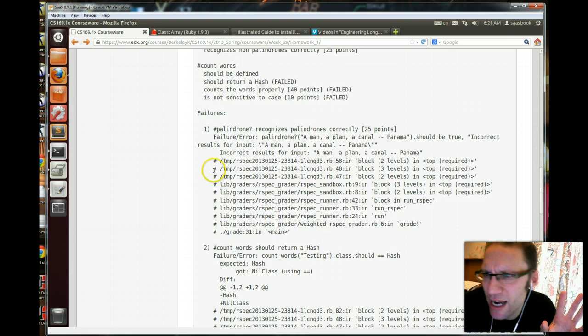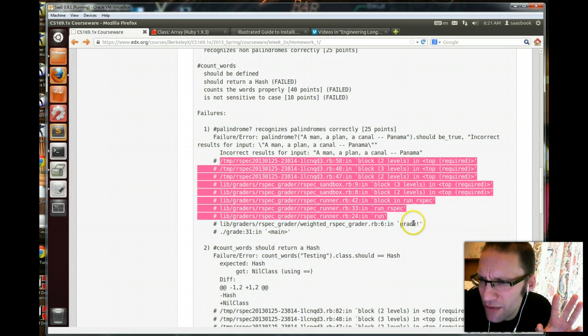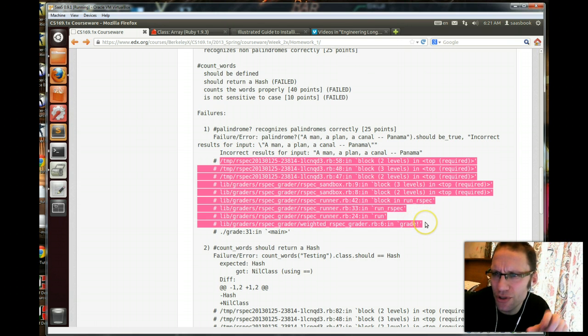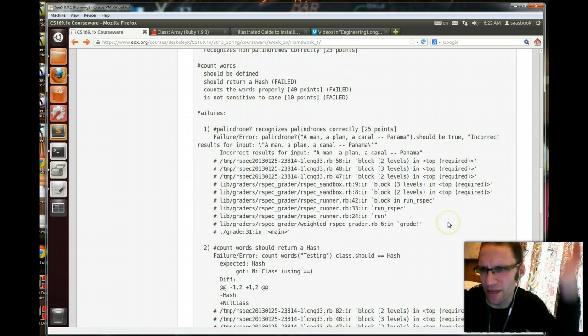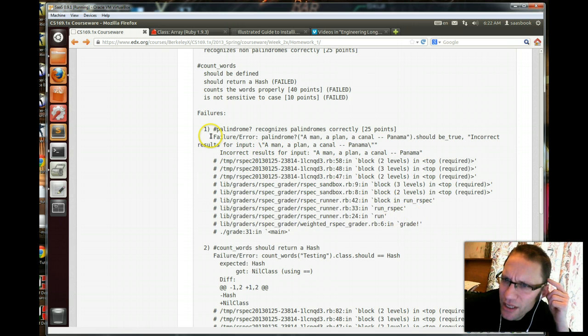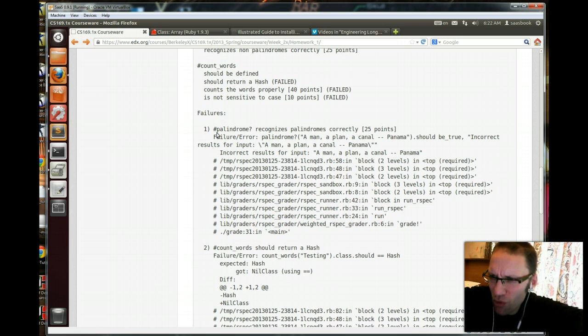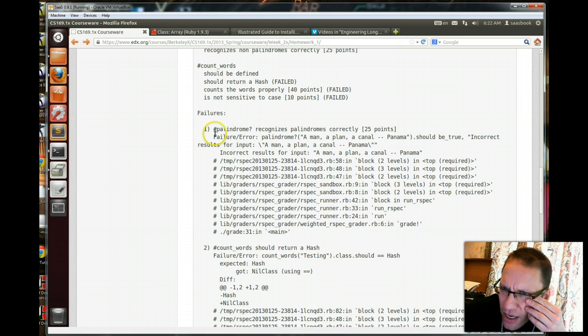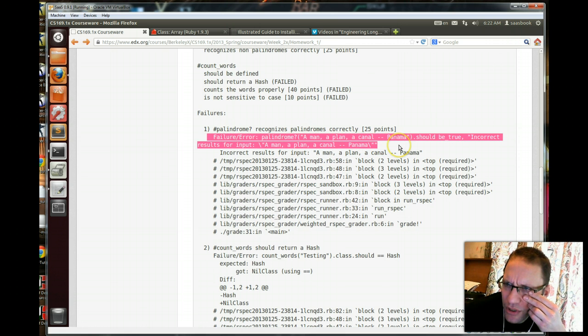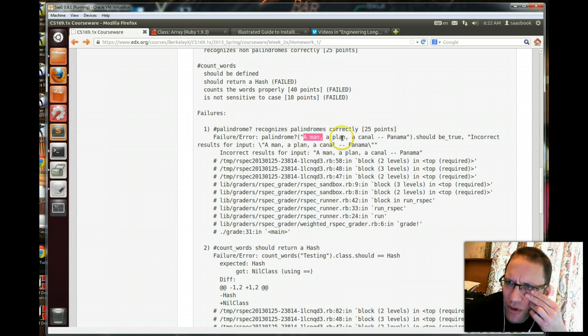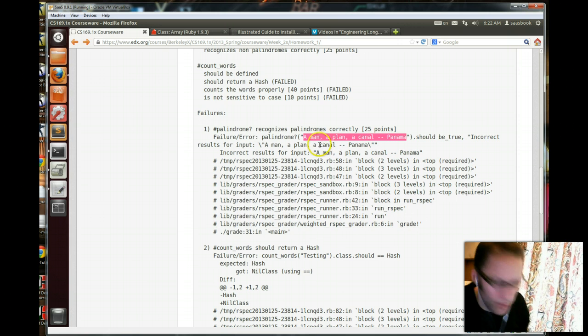Partly because of the stack traces, this kind of stuff here is actually not of much use to you as the person trying to make this homework pass. This is all related to the stuff that's running on the server side. What you need to do is put your blinkers on, ignore that and say, okay, what were they trying to check? This one was checking that this method was recognizing palindromes correctly. The failure error that I got was that it should be true, so it didn't work for that one. If that was the case, what I would try to do is take that, control copy,